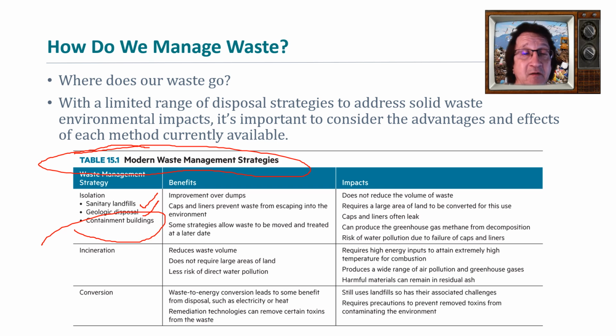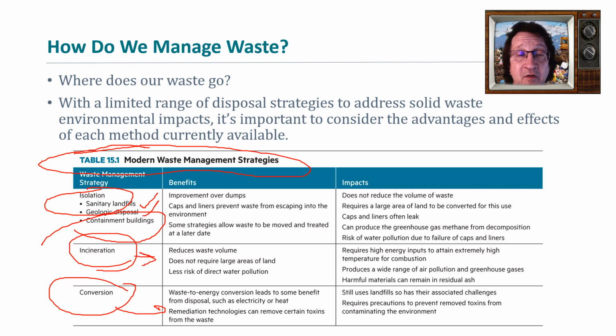So there are different types of places we can put things. We can recycle them back into the ground, or we can inject it into the ground. We can put it in a landfill, which is kind of in the ground, but it's basically just this big open area that we cover up. Or we can put them in containment sites, like we learn with nuclear waste sometimes. So we can isolate the waste. That means get it away from people, not all people, at least get it away to the point where you're not living it and seeing it. We can incinerate, or we convert that waste to something else. We can use it for energy production, which incineration doesn't always do. We could make it into another material,